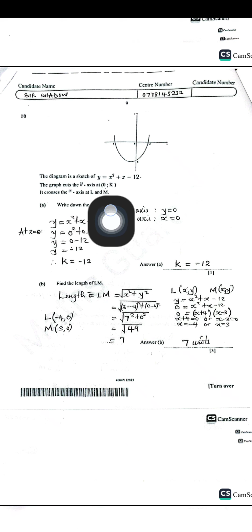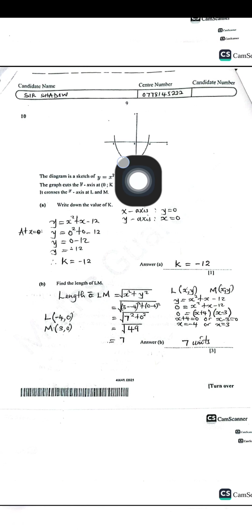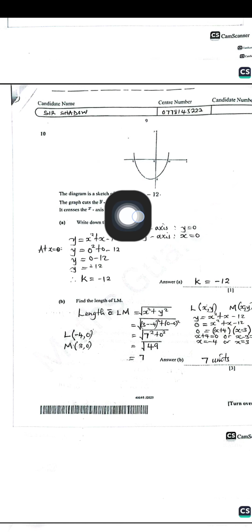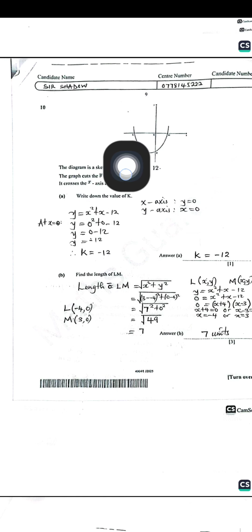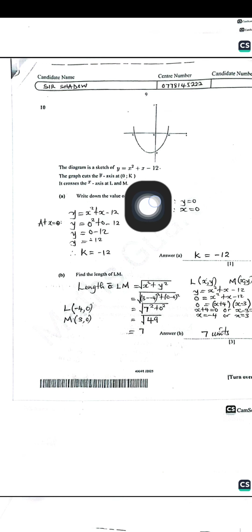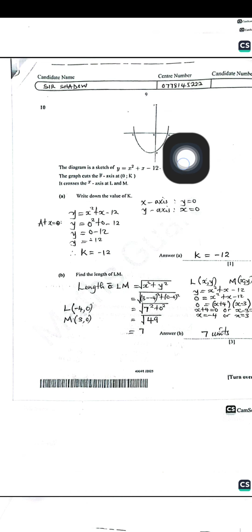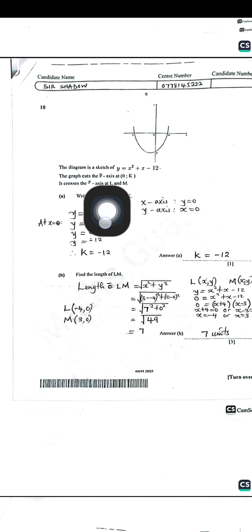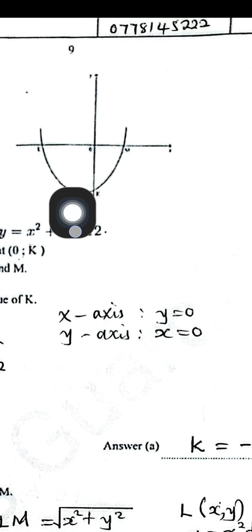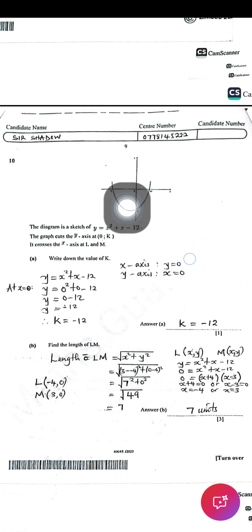The graph crosses the y-axis. We're told that this graph touches the y-axis right here, when x is 0. The graph crosses the y-axis at 0, k. Here is where there is 0, k. K is found right here. So the question is saying